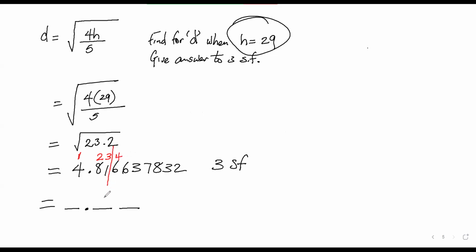If that 4th number is 5, I have to look at it, because I only want 3 numbers in my answer, 3 significant figures. So I'm looking at the 4th number to see if it is 5 or more. If it is 5 or more, I have to add 1 to this value. So my answer becomes